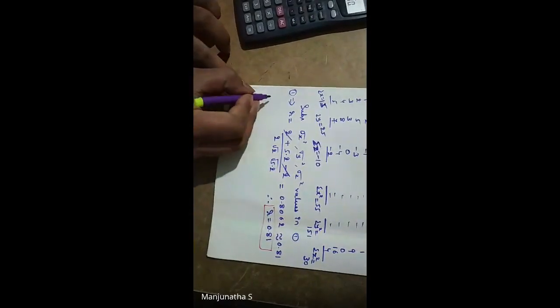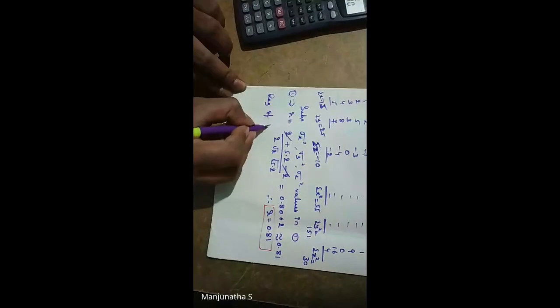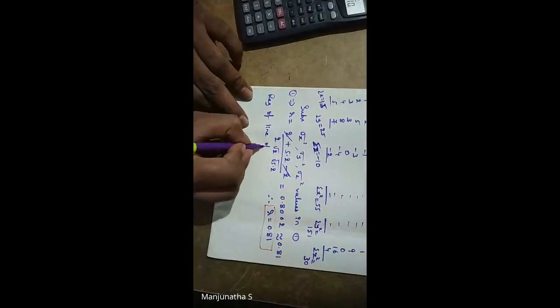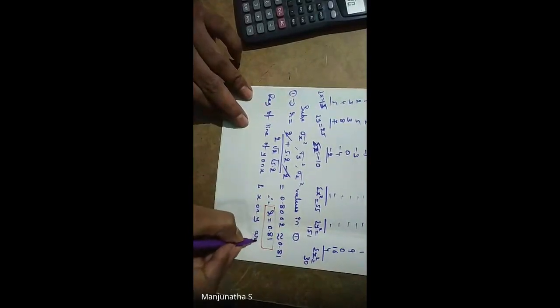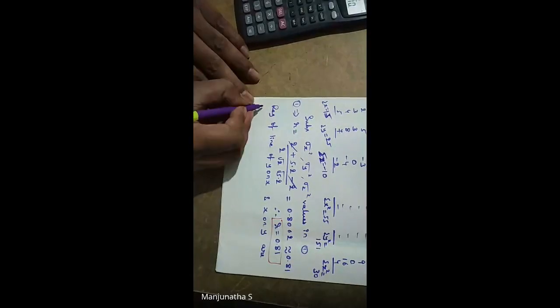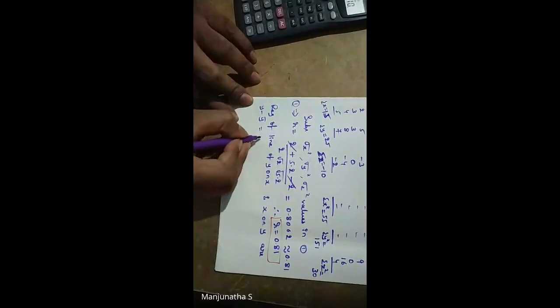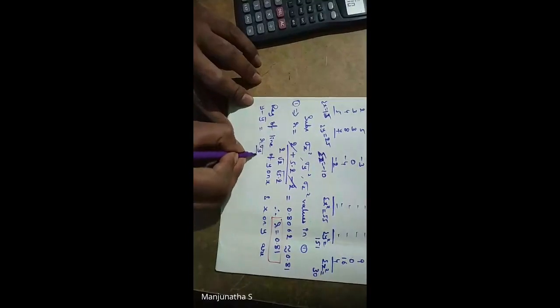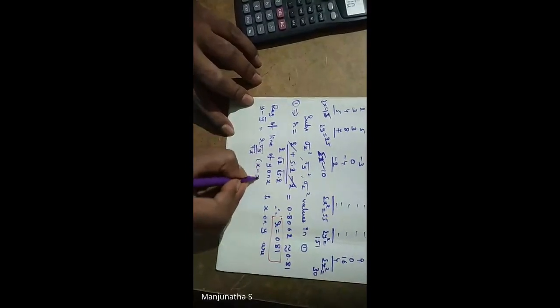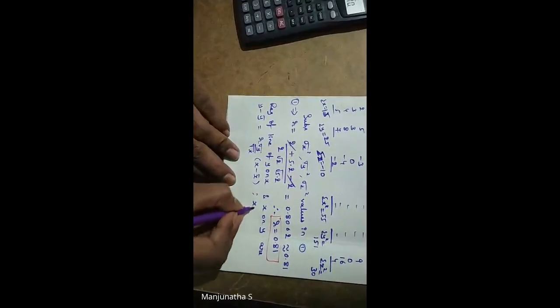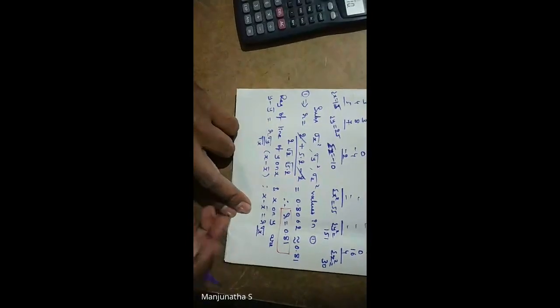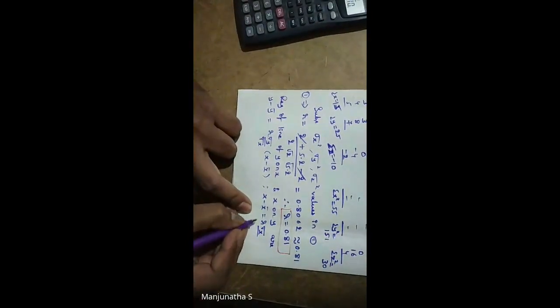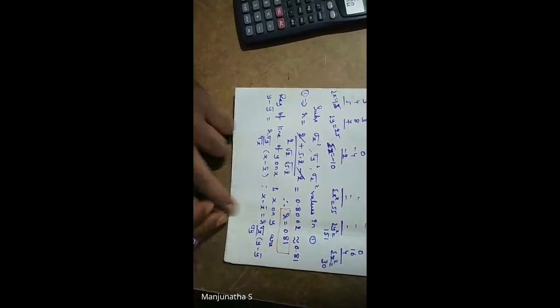So what is the formula for regression lines? Regression lines of y on x and x on y. So two equations are there. I'll write that one first. Y minus y bar is equal to r into sigma y by sigma x into x minus x bar. Similarly, x minus x bar is equal to r into sigma x by sigma y into y minus y bar. All the values you know, just substitute and get the answer. R also you know.